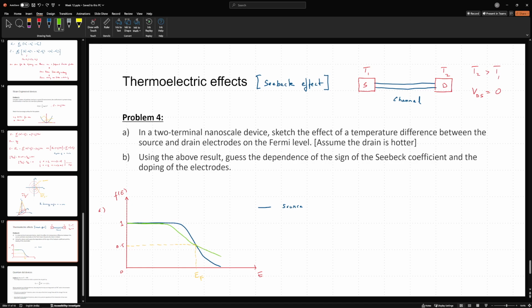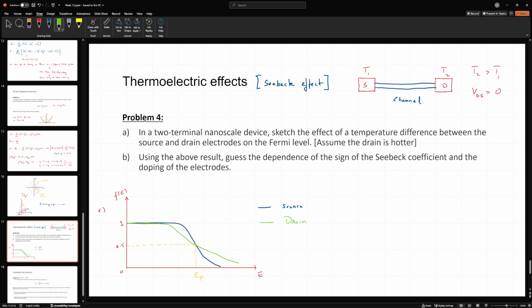And yeah, there will be a symmetry between this and this also. So I hope you can observe and appreciate that. So this is the drain. And I hope you see why I drew it like this: since the temperature is higher, the kBT value essentially becomes wider, so the electron probability will start reducing significantly before the Fermi level. Okay, so in this case, what happens to the